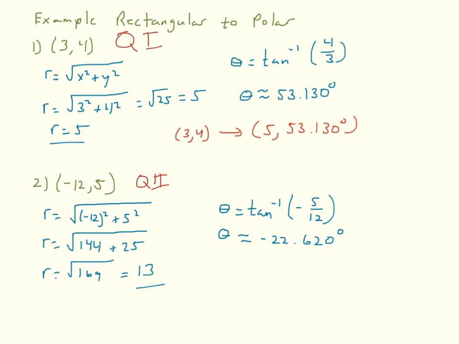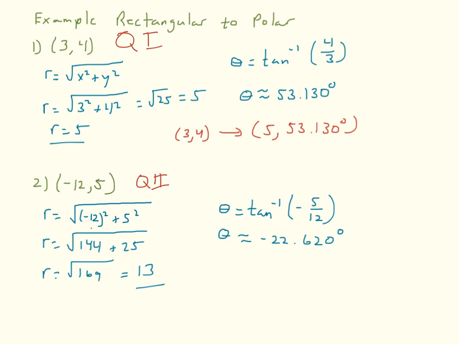I put negative 12 in for x. I put 5 in for y. So I got negative 12 squared plus 5 squared. Now remember, negative 12 squared is going to be a positive 144 plus 25. That's the square root of 169, which equals 13. The inverse tangent of y over x is the inverse tangent of negative 5 over 12. When I put that into my calculator, I get negative 22.620 degrees, which is an angle whose terminal side is